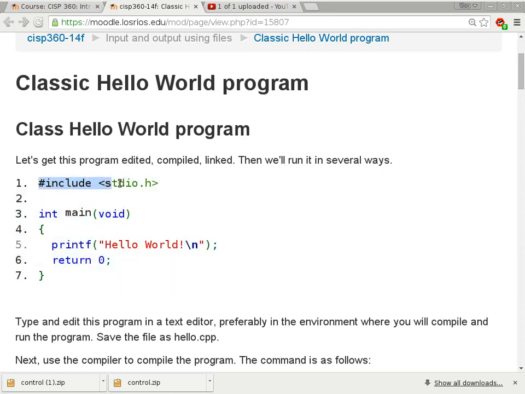The first line is pound include less than stdio.h greater than. So one of the many questions that people might have is, what does that line actually do? What do you think? Go ahead. I'm going to include some coding from the program that you have to use. Otherwise, it's not going to run the